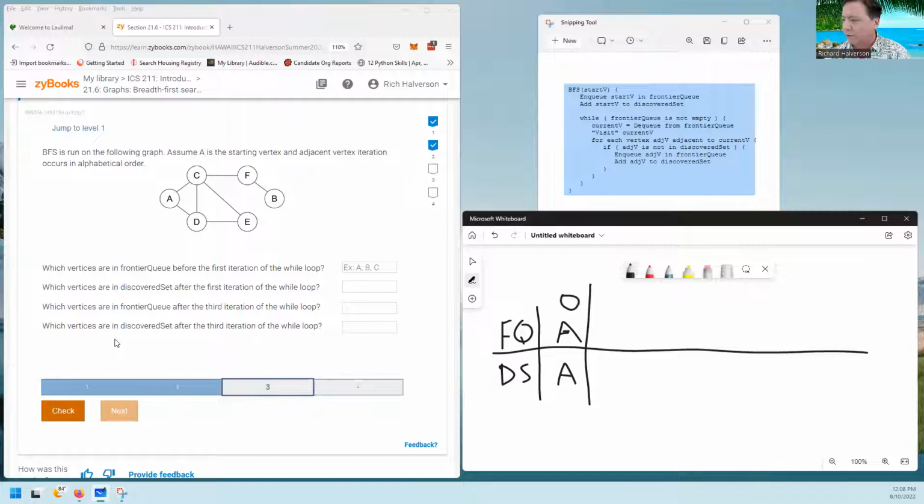And now after the first iteration, we are going to be processing A. So the first iteration is going to take A out of the frontier Q, and it's going to add the nodes that are adjacent to A. So the nodes that are adjacent to A would be C and D. So the frontier Q is going to have a C and a D in it,